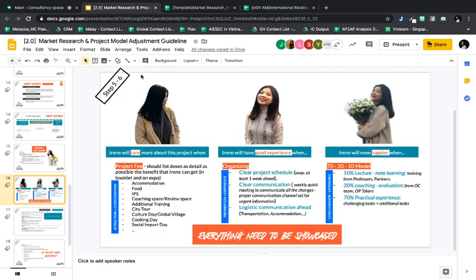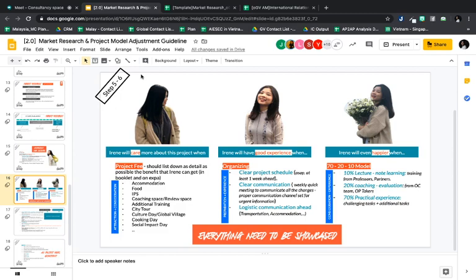Okay, and the 20 is coaching and evaluation. So they need to ensure that they have evaluation and also coaching space from OC or OP taker, because for sure they don't know what they should improve, what they should do in order to do it better. Because the thing I see as EP from Malaysia is they are super passionate about what they are doing. They want to commit until the end. But when they have coaching and evaluation, for sure they can learn more things that they could not even think about.